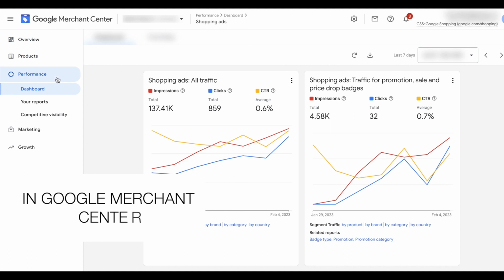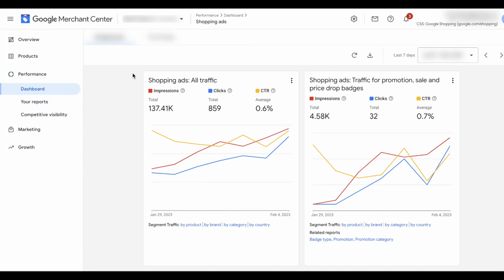And on the navigation bar on the left, you can see under Performance, click on Dashboard, and this is what you're going to see. When you're running Google Shopping ads, you'll be able to see what are the impressions and what are the clicks and what's the click-through rate. If you want to see more information, you can click on by products, by brand, by category, or by country. So this is one place where you can see how your Google Shopping ads are showing up on the search